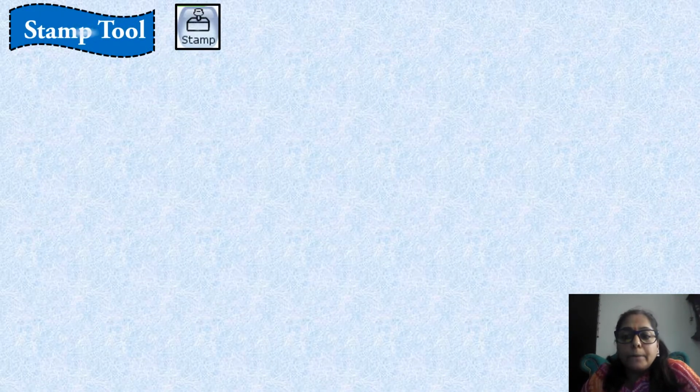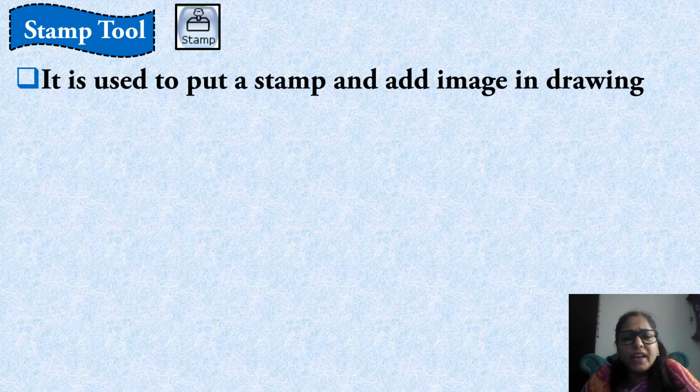Our next tool is stamp tool. You can see stamp tool on the screen. This is called stamp tool. Written below, S-T-A-M-P, stamp. I think you are all already aware of stamps. Stamp means sticker. It is a very interesting tool.